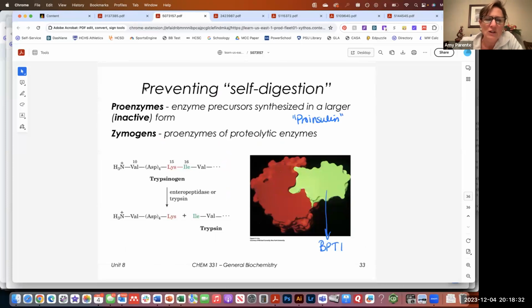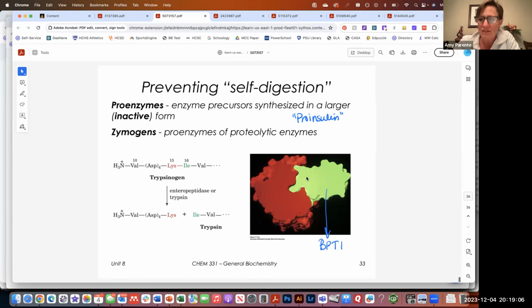And then we've already learned about proenzymes before. We talked about proinsulin. Zymogens are proenzymes of proteolytic enzymes. And we talked about the importance of making sure that you don't make protein digesting enzymes in a protein containing organ like your pancreas in an active form. That would be very problematic. So not only do we have a domino effect of being able to activate these, but we have this mechanism that if anything were to get out into your bloodstream, we have essentially a suicide inhibitor that can help remedy things.